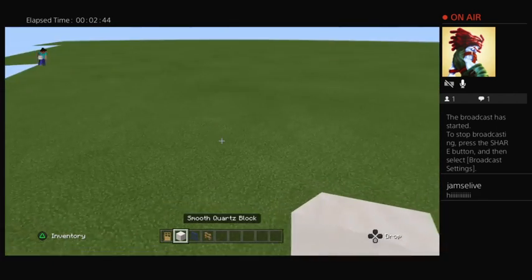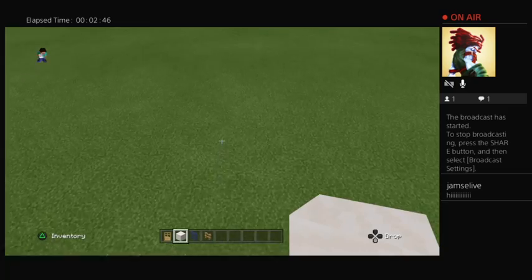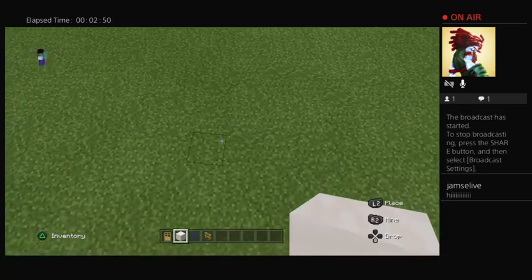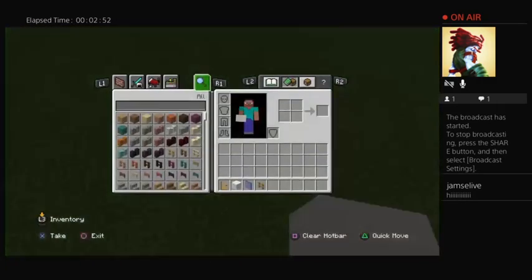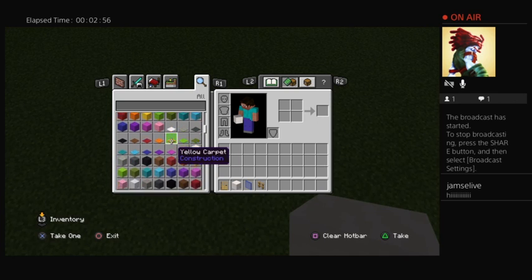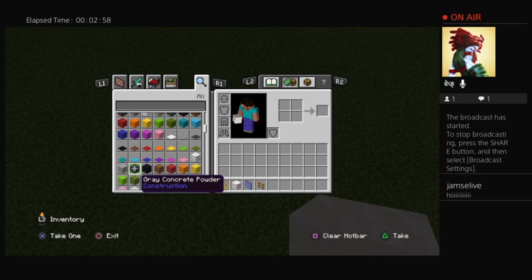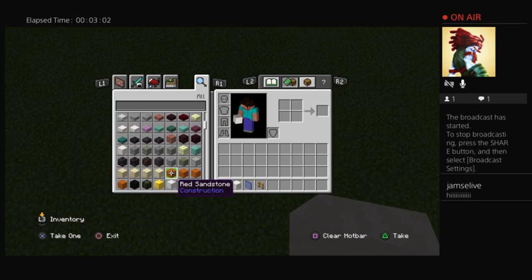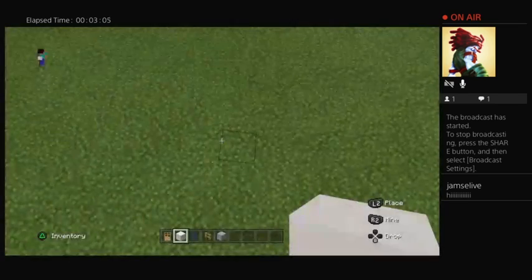So, first thing we're going to do is make the outside. I want to go ahead and make the outside right now. Oh, and smooth quartz, smooth stone, I mean, for the outside. Okay, so